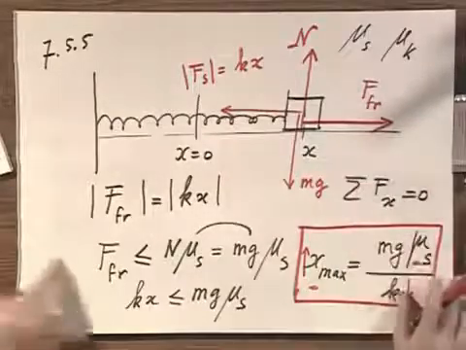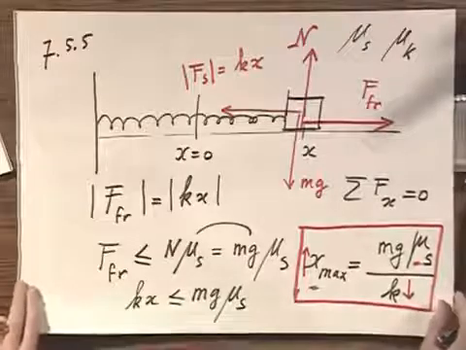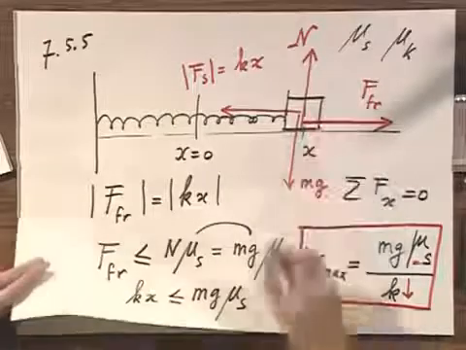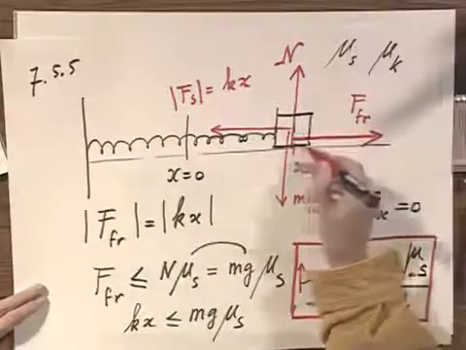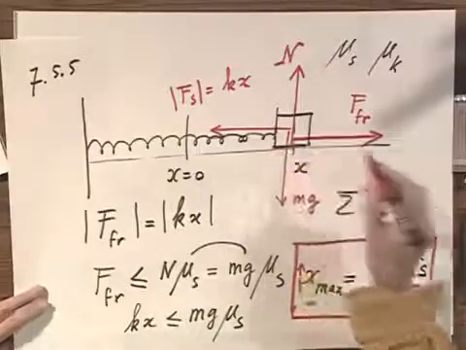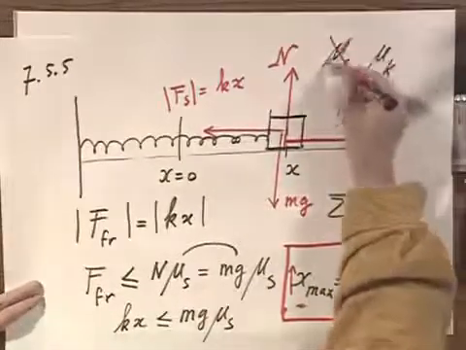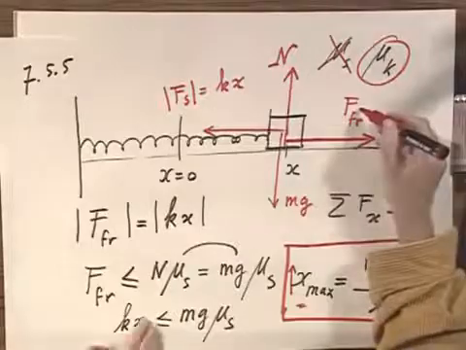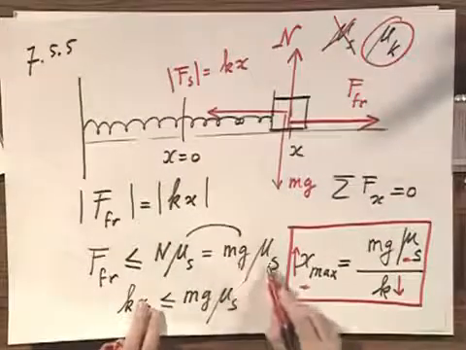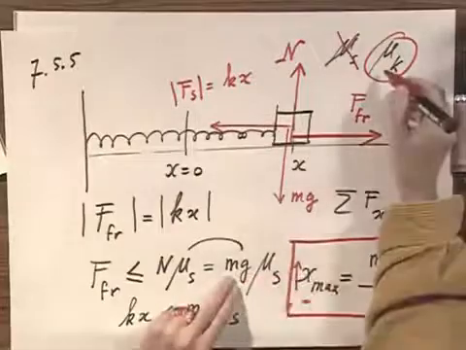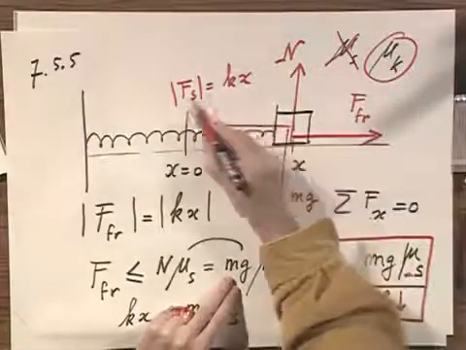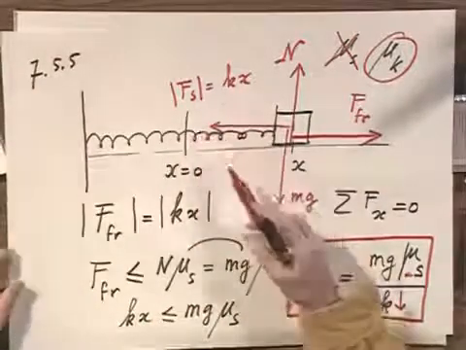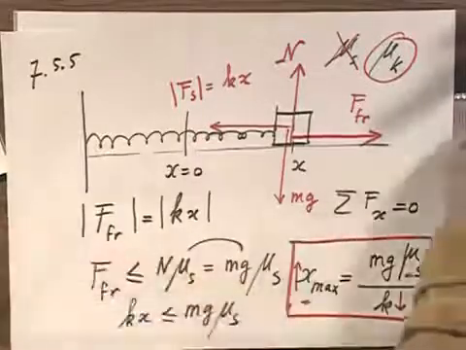I think we've hit this hard enough, and now I would like to go to the next part, and that is I give this one a teeny little push so that instantaneously I break loose the contact, so my static friction coefficient will all of a sudden become the kinetic friction coefficient. And so this force, which was mg mu s, goes down. It becomes now mg mu k. And therefore, this spring force is stronger, and so the object will go to the left. And if I call this the positive direction of x, to the right,